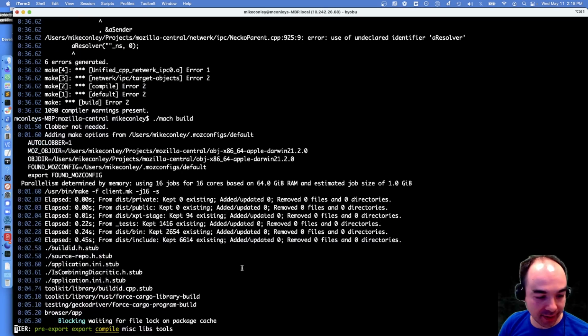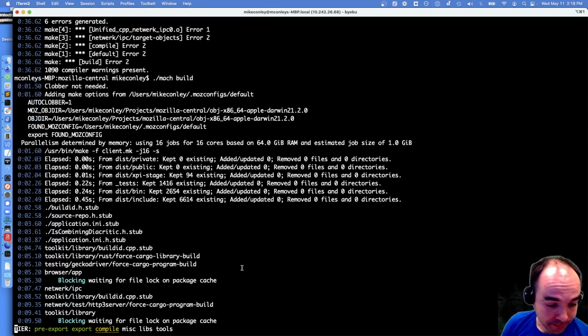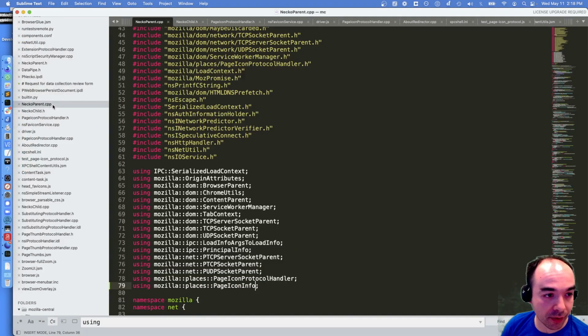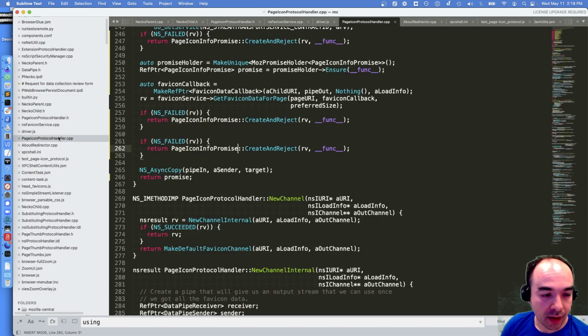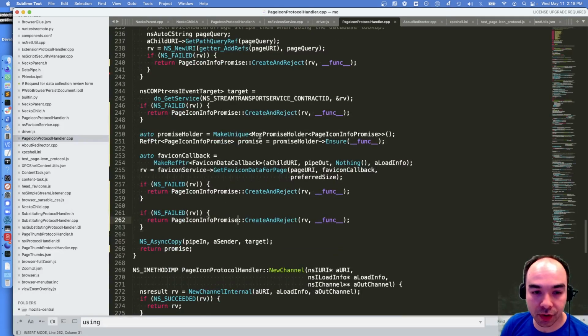What's our time? 2:18. I just want this to compile. That'd be great. That'd be a great start. And then I think what I want to do after that, if we can get that to compile. I mean, working with promises in C++ is wild stuff. I'm not used to it. It's pretty neat.